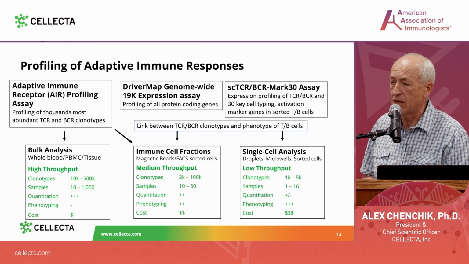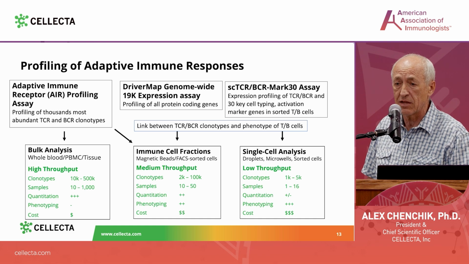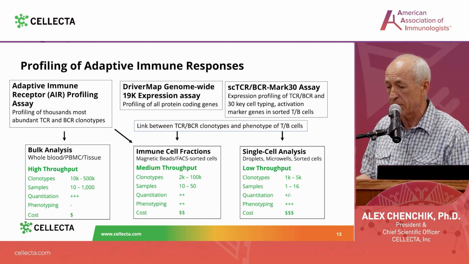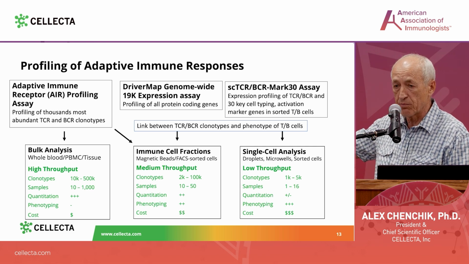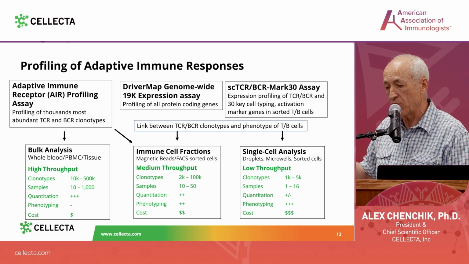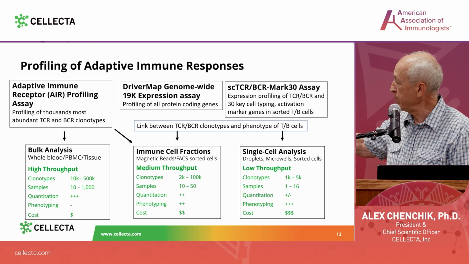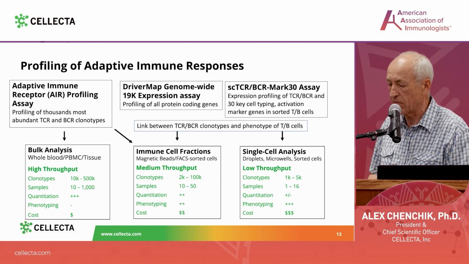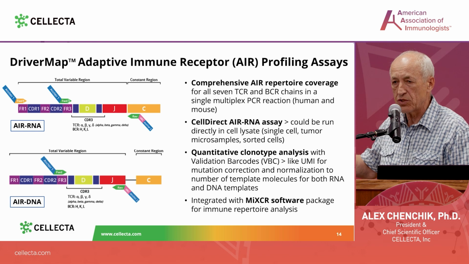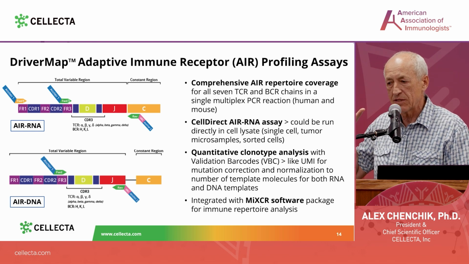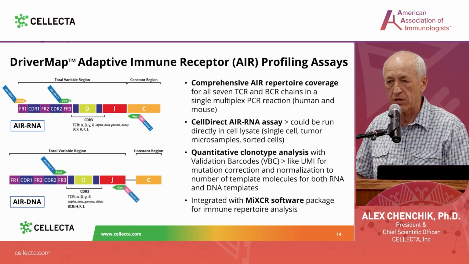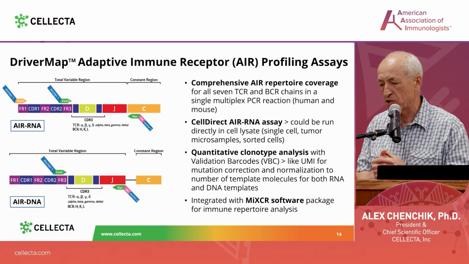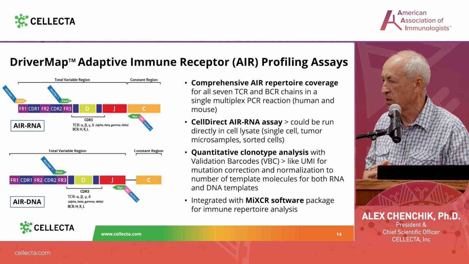To do these types of studies, we developed three types of assays shown on this slide. On the left, we developed an adaptive immune receptor profiling assay, which allows you to profile all your adaptive immune receptors in a single reaction. We developed a genome-wide expression profiling assay, which allows you to profile the expression level of all 19,000 protein-encoding genes, and a combination of receptor profiling and expression profiling in sorted cells or immune cell fractions at single cell level. All these technologies are based on so-called multiplex PCR, where you design a set of primers which allow you to amplify a specific region of the mRNA or DNA, and after that use next generation sequencing in order to get quantitative